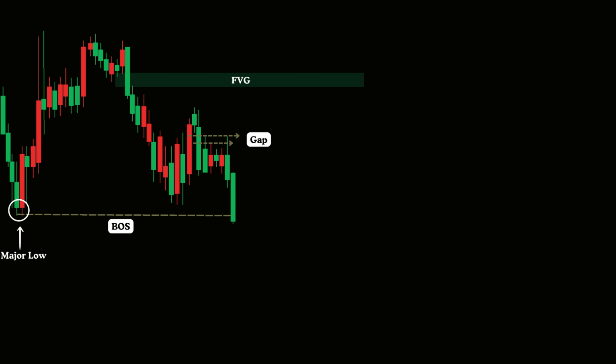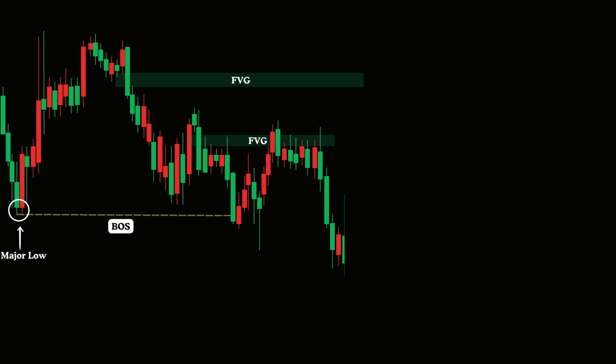Now, take a look at the inside bar pattern that formed just before a strong inefficiency candle appeared. As we discussed earlier, when inside bars are involved, it's often necessary to use a 4-candle sequence to define a more accurate and optimized gap zone. Here, we draw from the lowest point of the mother candle to the upper wick of the 4th candle to isolate the valid FVG. However, it's important to recognize that this particular gap was fully mitigated by price, so it's no longer considered a tradable opportunity.